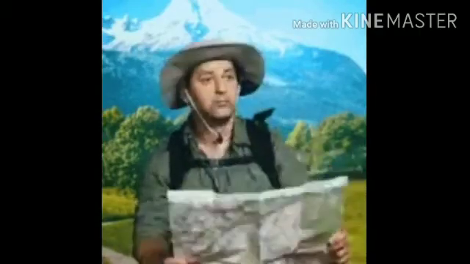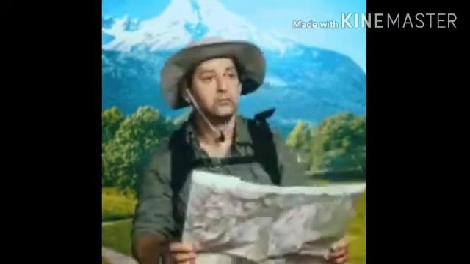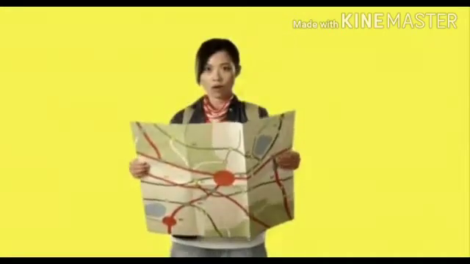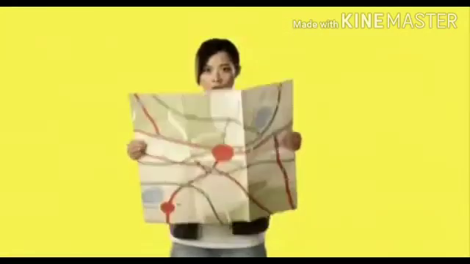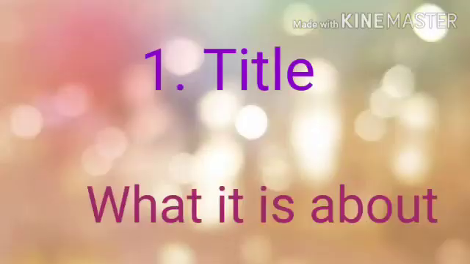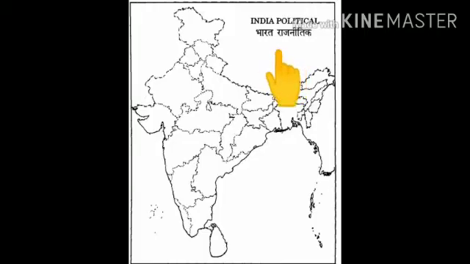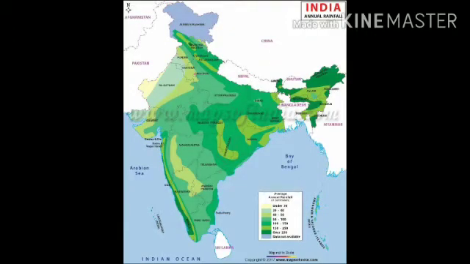Maps are by far the most important tools for studying the earth, but one must know how to read them in order to use them effectively. The language of a map comprises the following elements which help us read them. So, the first topic is title. The title of a map tells us what it is about. It tells us whether the map is a political map of India, a road map of Chandigarh, or a map about annual rainfall in India, etc.